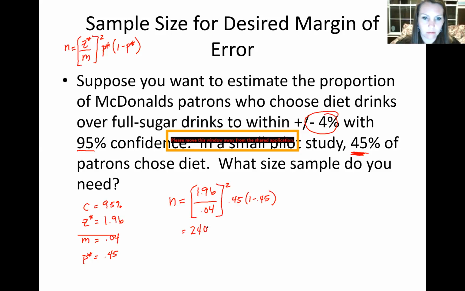So for the first little bracket part here, I have 2401. Then I'm going to work on the right side here, so I'm going to have 0.45 times 1 minus 0.45, which is 0.55. So 0.45 times 0.55 gives me 0.2475. All right, then I multiply those together and I end up with